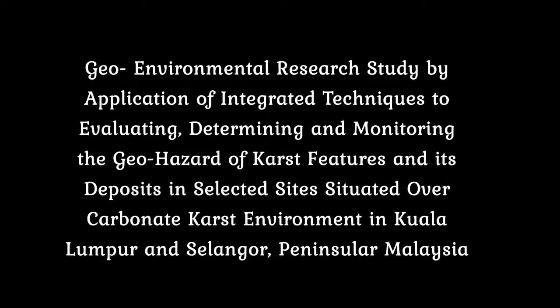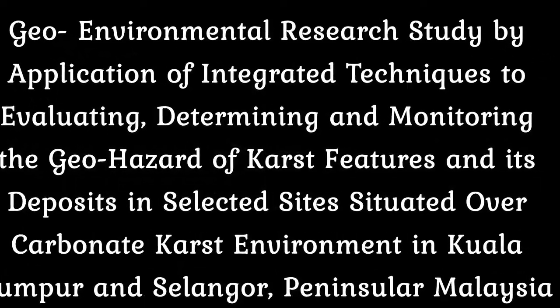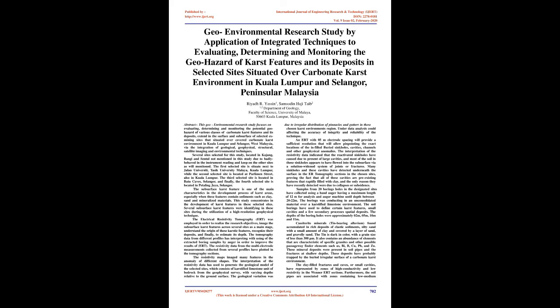Geo-environmental research study by application of integrated techniques to evaluating, determining, and monitoring the geo-hazard of karst features and its deposits in selected sites situated over carbonate karst environment in Kuala Lumpur and Selangor, Peninsular Malaysia. Abstract: This geo-environmental research study focuses on determining the potential geo-hazard of various classes of carbonate karst features extending in